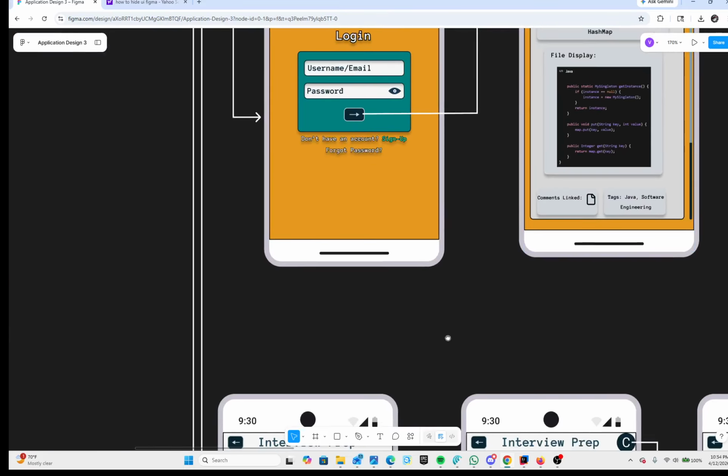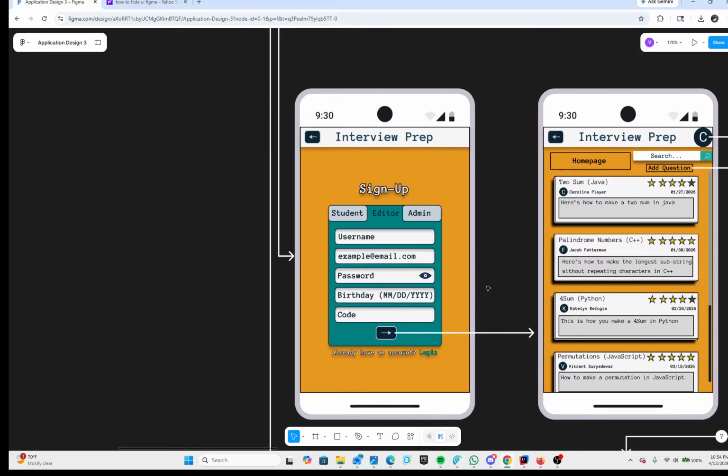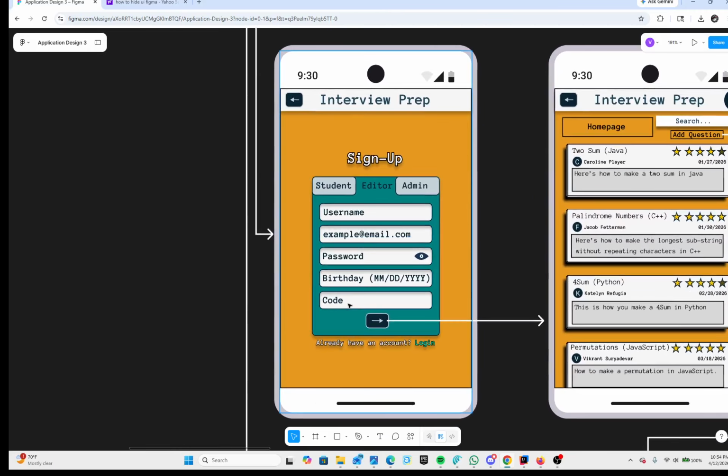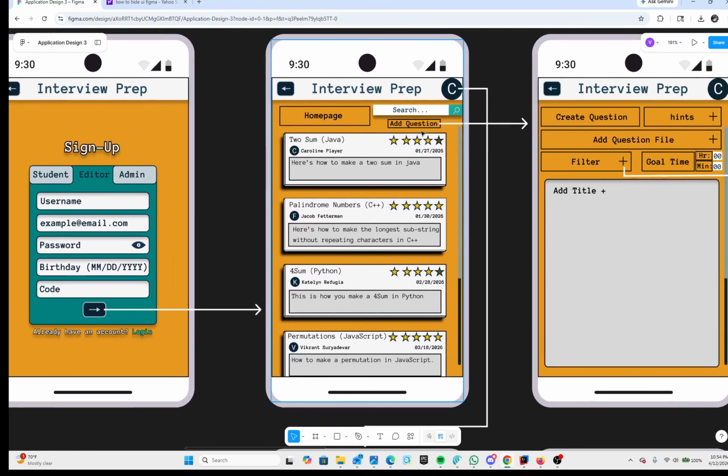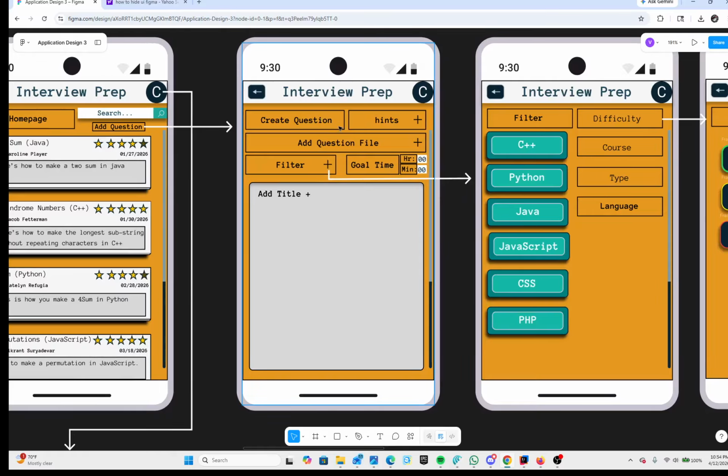Next up is the editor login, which is slightly different as they have to implement the same things as the student does. They also have to implement a special code, and they can also choose to click on the login button. However, if someone logs in as an editor, they'll be taken to their homepage. What differs is that they have the ability to add a question, and if they choose to add a question, they'll be taken to a create question page where they can add hints, a file, filter,